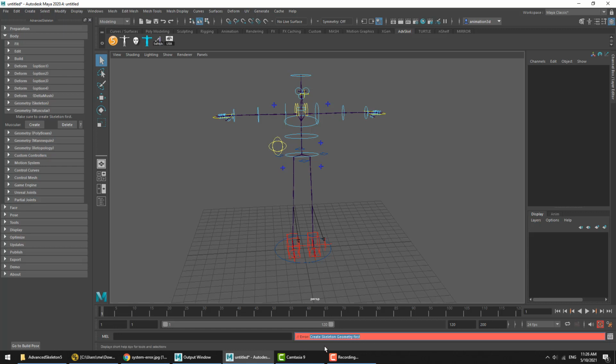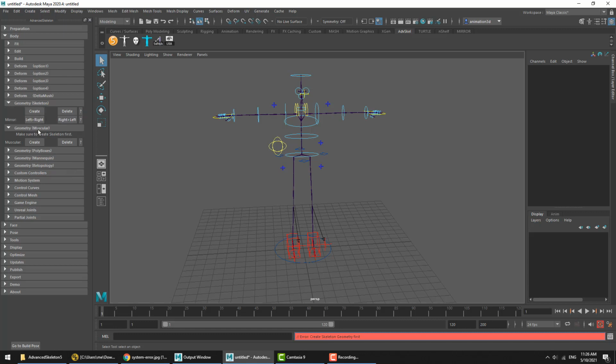So basically, in plain English, this is just saying if you want to create the muscular geometry, you need to create the skeleton geometry first, which is created in this section. So that's covering situations where an error message is basically some information to the user to explain why the procedure cannot continue. Now there will be other cases where this is not making much sense, and that's where the code